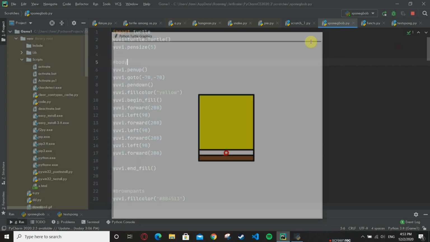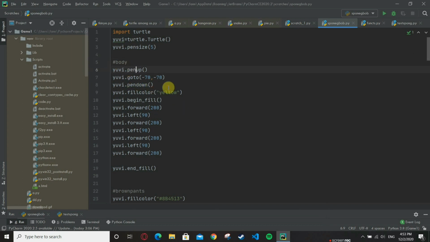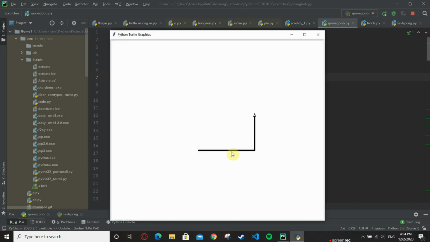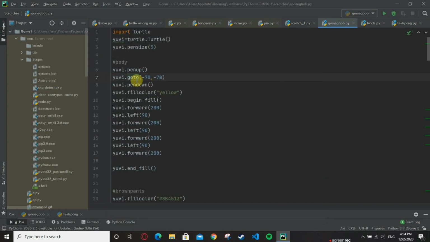So what I'm going to do is uv.penup, uv.goto minus 70, minus 70. So the basic goto function, we forgot about the goto function. It means you can move to any point within the canvas, on your turtle canvas. So let's suppose I'm writing uv.goto minus 70, minus 70. Basically it should have started from this point over here, but it is starting from here. It means I sent it to this point, minus 70, minus 70, with the help of this uv.goto line.